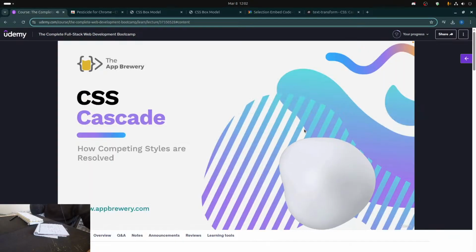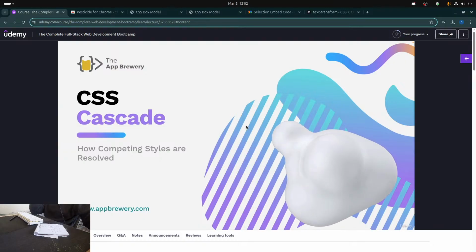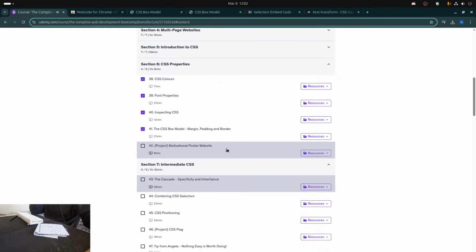Hey guys, today we're going to learn all about the CSS cascade, and you're going to understand why it's actually called a cascading style sheet after completing this lesson. So what exactly is the meaning of